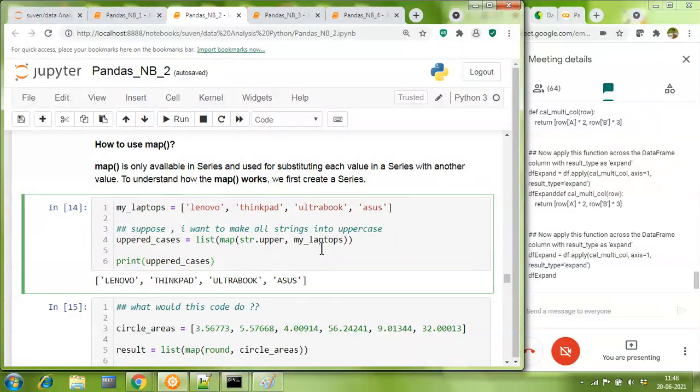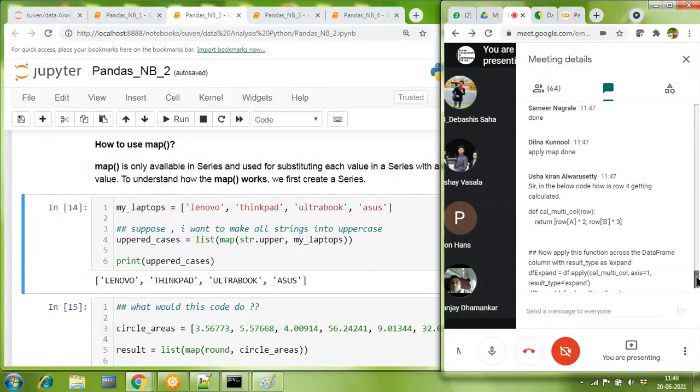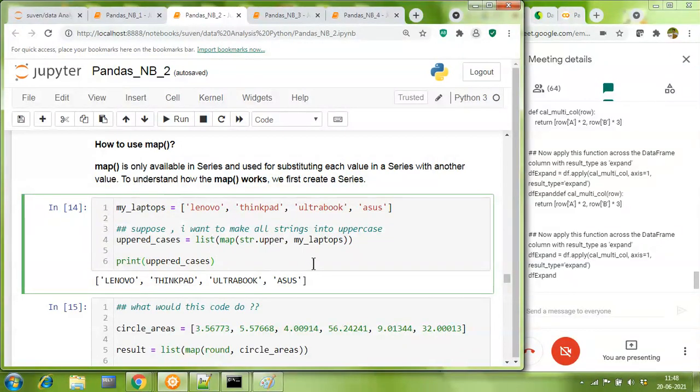Otherwise, you are working on the old data frame. Let's understand that. So just be careful on that. Usha Kiran, if you do a little pondering on it, a little thinking, you will get the answer.